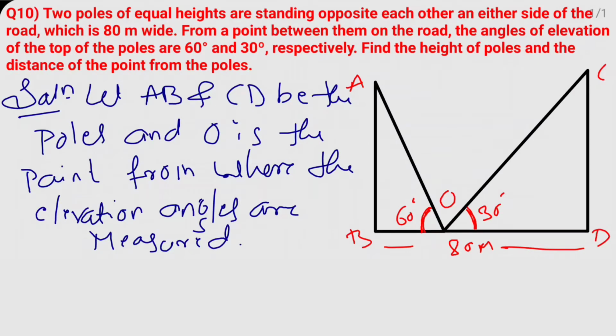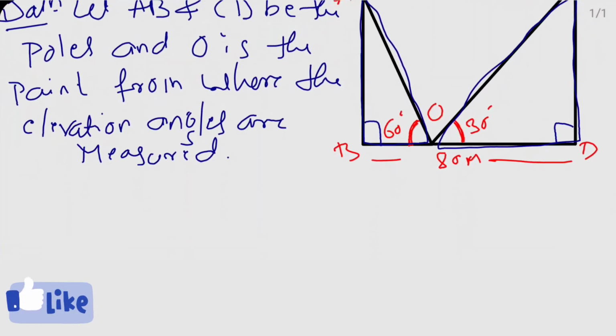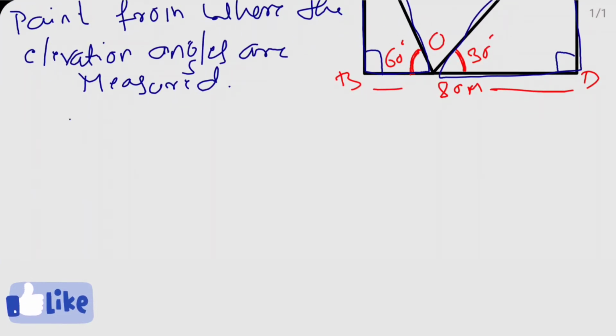So now look at the figure. Here the pole is vertical to the ground. So here we have two right triangles. One is ABO and another one is CDO. Right? These two right triangles. So first I will consider triangle AOB. So write down here, in a right triangle AOB,